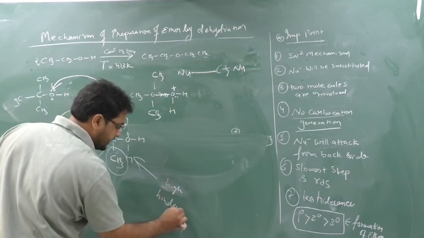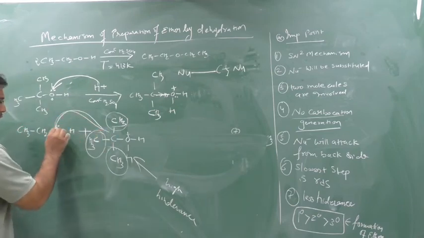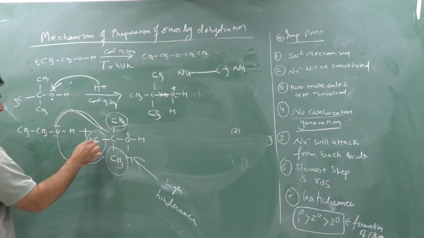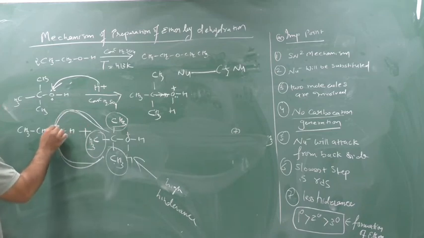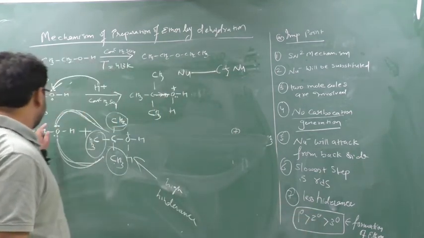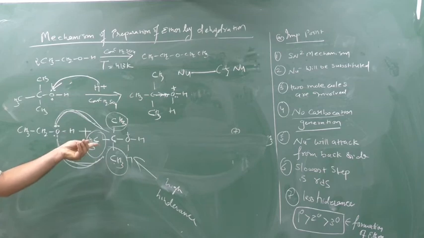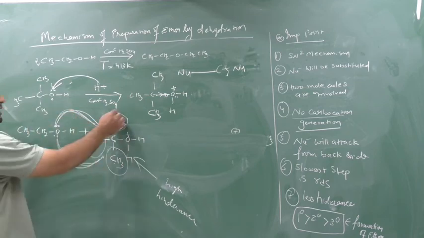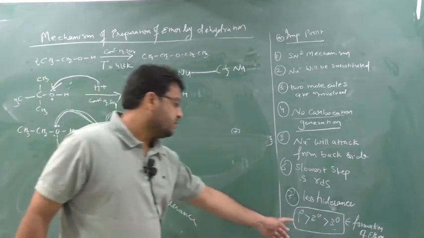High hindrance means this oxygen can see there is no way; it cannot go from here. If it goes from here, these too will stop. If it goes from here, these too will stop. So this oxygen cannot give its electron from any position to this carbon. So I will tell you that this should be less hindered. This oxygen gives its lone pair easily to a 1 degree carbon, but this is 3 degree, and 3 degree is more hindered because of more electron cloud. So 3 degree is more hindered, that's why ether formation easily takes place in 1 degree rather than 3 degree.